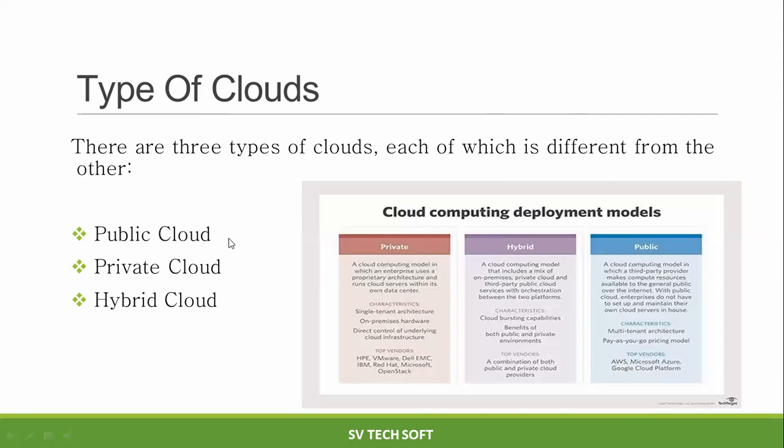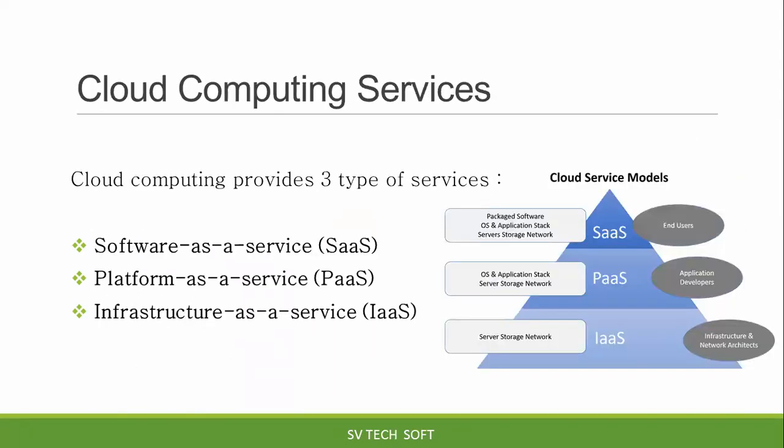Public cloud is nothing but they access the software anywhere. Private cloud means within the premises. Hybrid cloud is nothing but a combination of both public and private cloud. These are the 3 different clouds. Okay, the vendor will ask what type of cloud you want. Here, actually, cloud computing services.